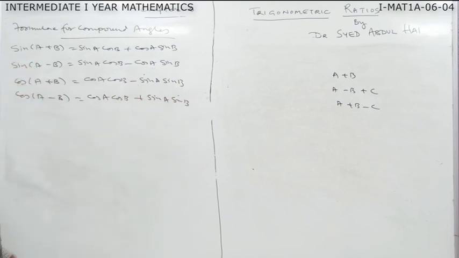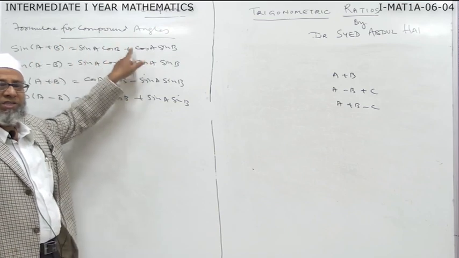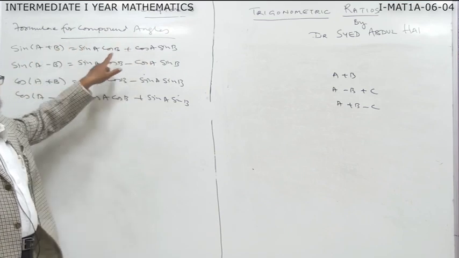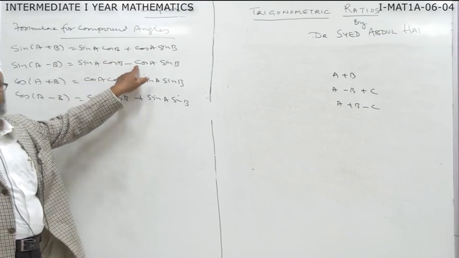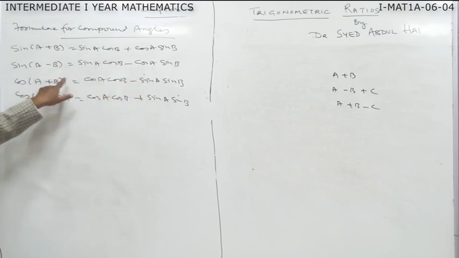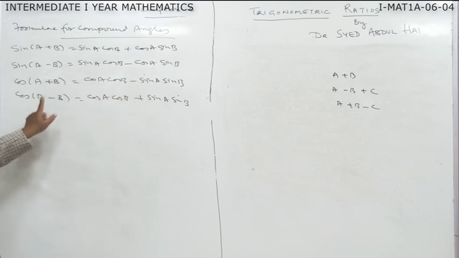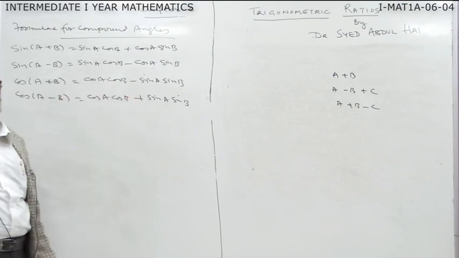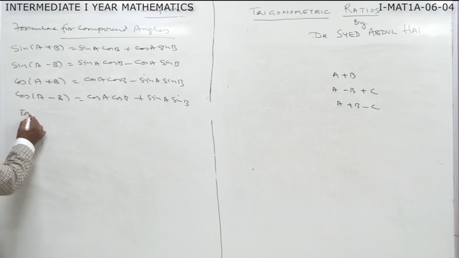How to remember this formula? Here is the sign. If it is positive, here also positive. Inner sign is positive, outer is positive. Inner sign is negative, outer is negative. For sin, the sign remains the same. Whereas for cos, it is opposite. If it is positive, the outer sign will be negative. If it is negative, the outer sign will be positive. Is it clear? Then, next is tan of A plus B